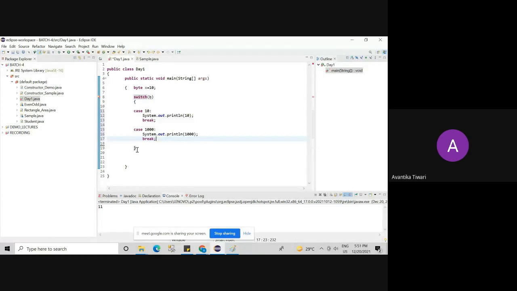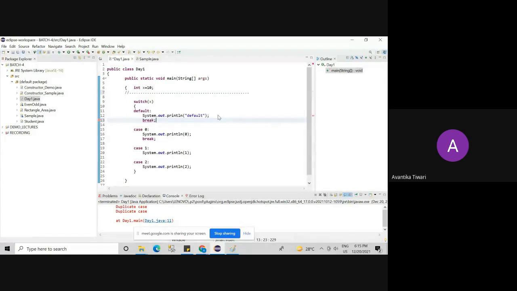First you tell me. Yes, ma'am. Case labels are valid, okay? They are constant. Also, the parameter that I am passing into the switch is byte type. That is also absolutely fine because byte is allowed. Okay? So will this program execute for you?